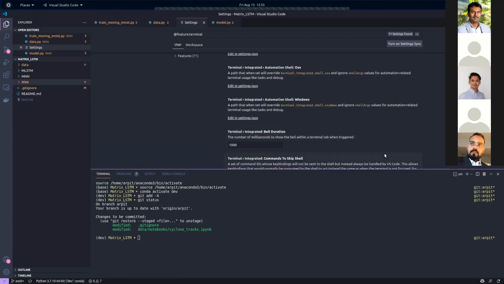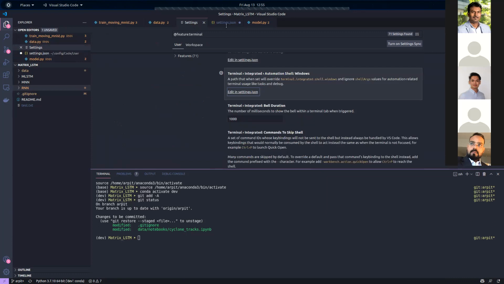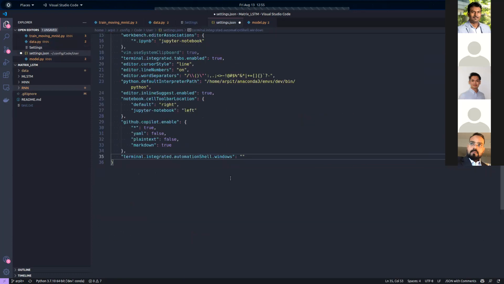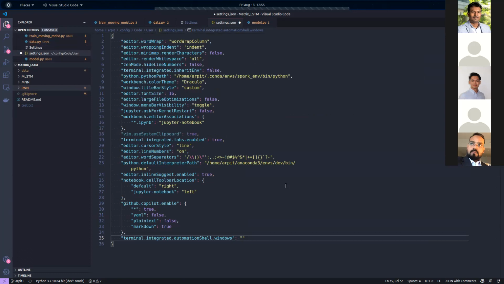Or additionally, you also have this JSON that you can edit. This is the UI and this is the JSON for that configuration. Right? So even here, there's a small command that we need to just change, and that should work.